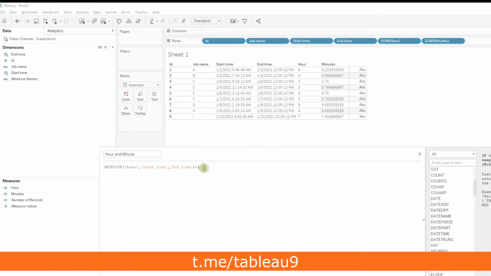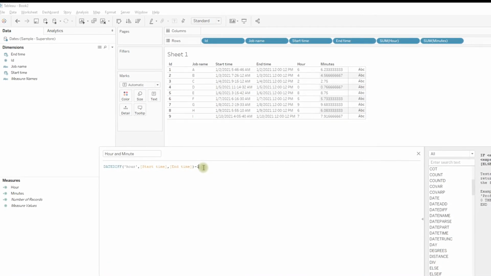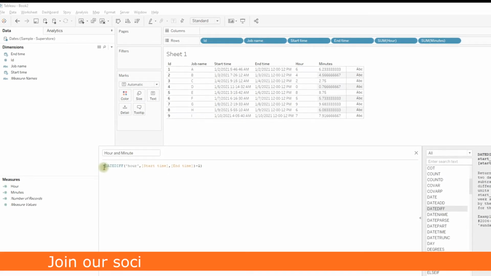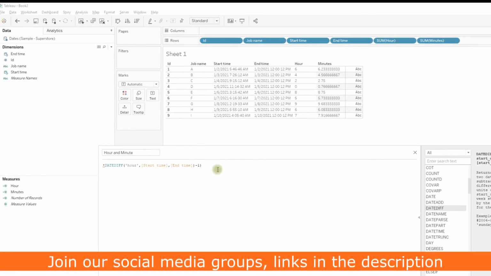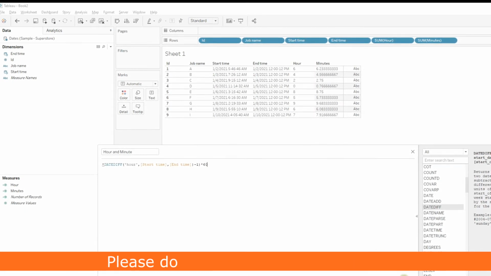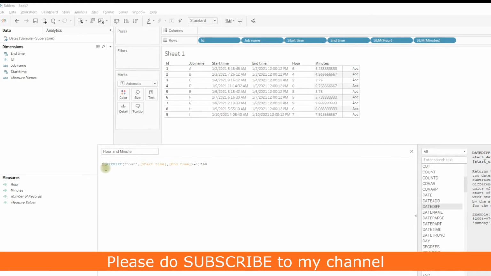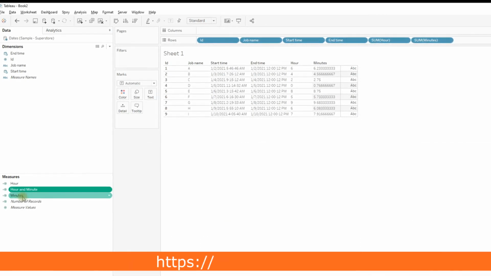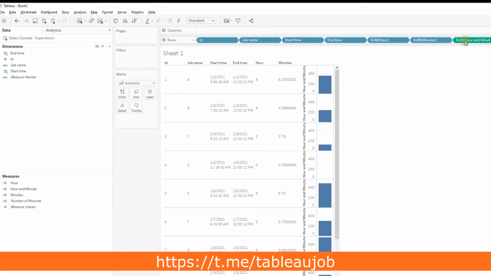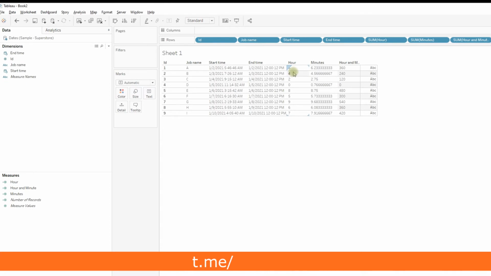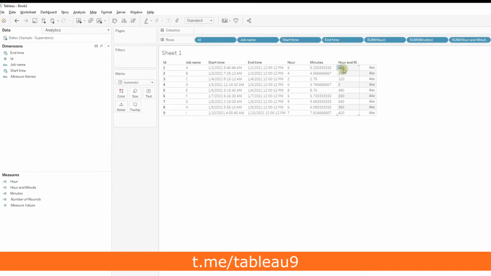This one gives you the actual hours. Then multiply it by 60. Click OK. Let me drag this calculation and show you the output. Click and discrete. Here 6 hours times 60 is 360.